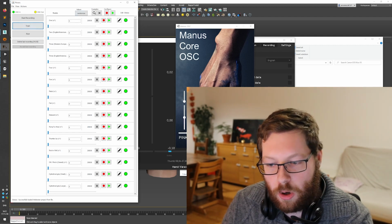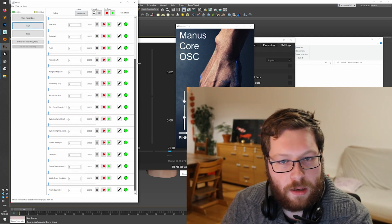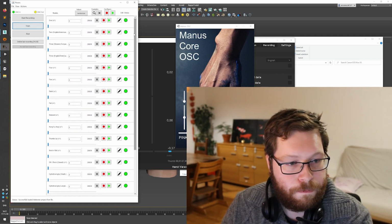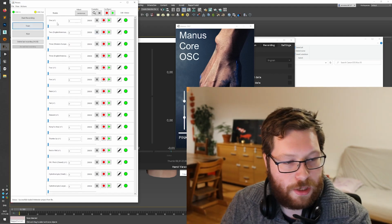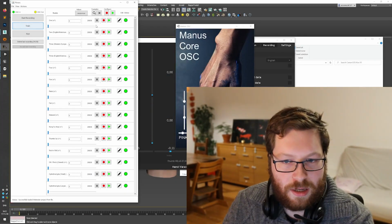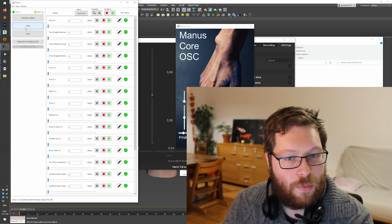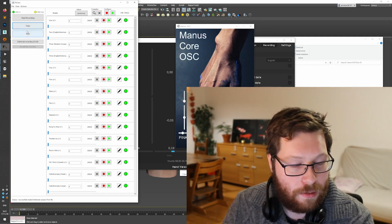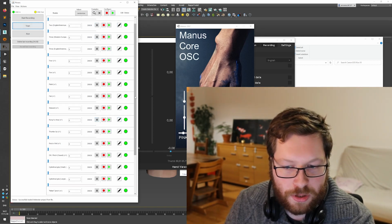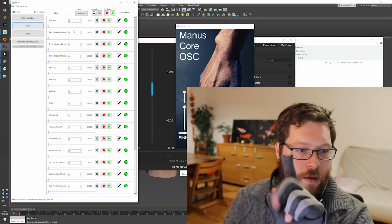So using all of this data, I made a list of different kinds of output, so to say. So for example, I have a 1, and I did 1 a couple of times. I set this value to 1, and then I would record it after doing all of that for all these different poses. So it's 1, 2,